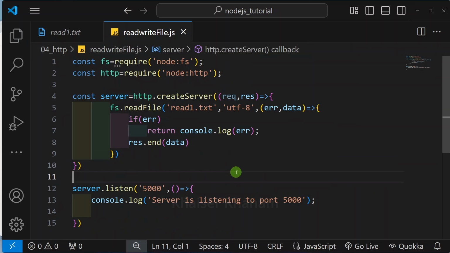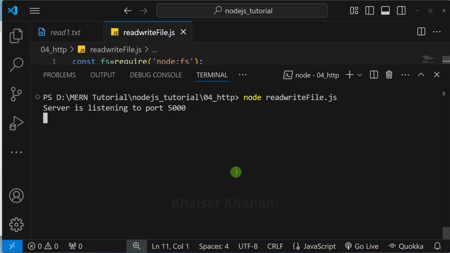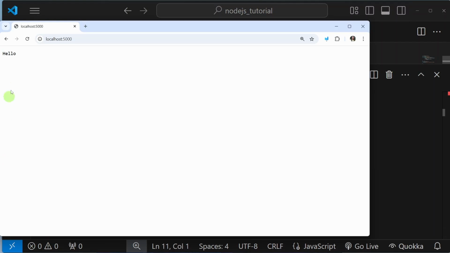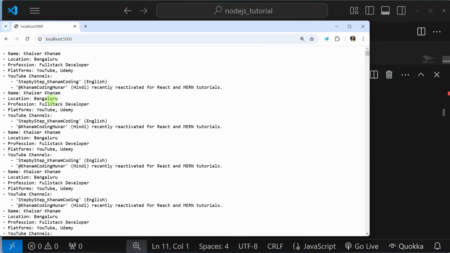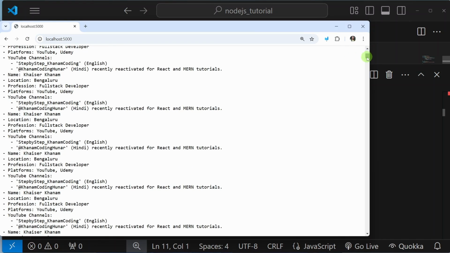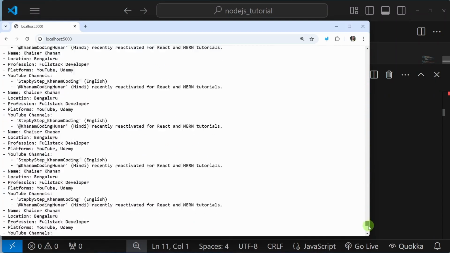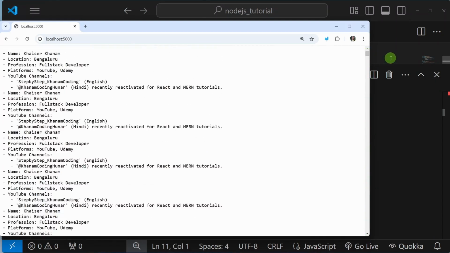Now I will save, exit, and run this application. Now, as soon as I refresh, you can see whatever content I have inside the file, the entire thing is read and sent as a response